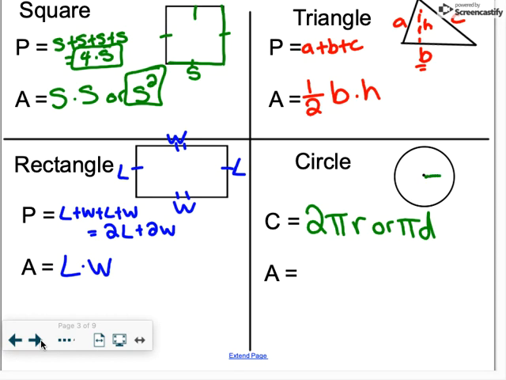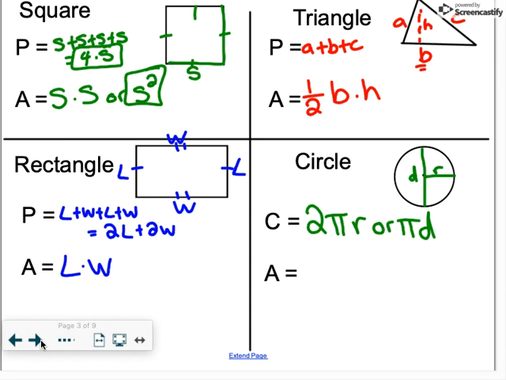Our radius is the distance from the center to the outside of the circle in any direction. That's called our radius. And then our diameter is the distance from one side through the center to the side opposite of it. So the diameter is the whole length across that circle. Again, our formula for circumference is 2 pi r, so that r is for the radius, or pi times